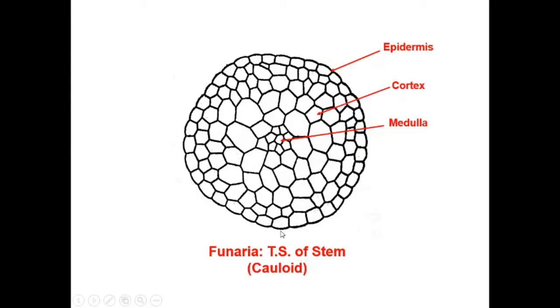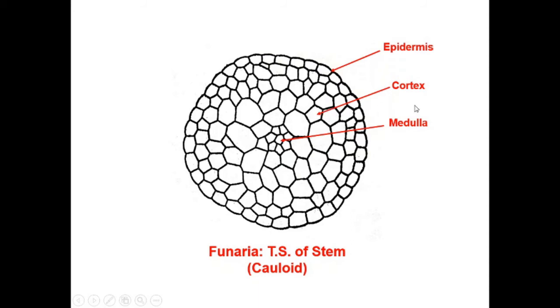Now let us talk about the anatomy of stem and leaf. First of all, the anatomy of the stem. Epidermis is the outermost layer and it is present in the form of a single continuous layer. The cells are thin-walled and compactly arranged. The cells of the epidermis are rich in chloroplasts and hence it is photosynthetic in nature. In older parts, the cells of epidermis are a little bit thick-walled.